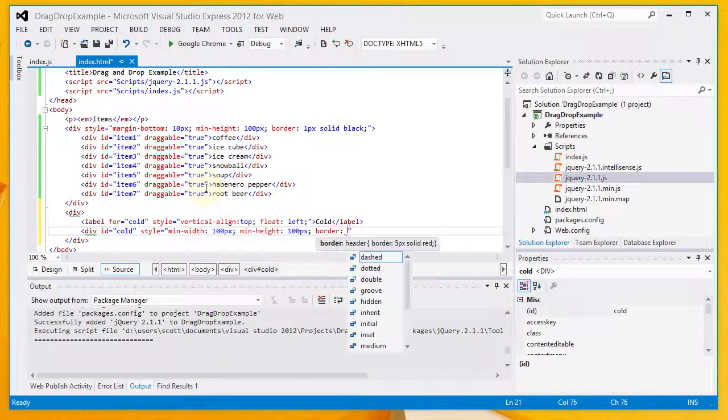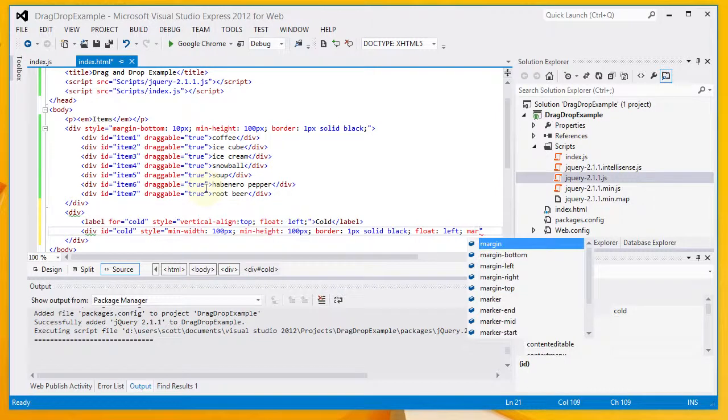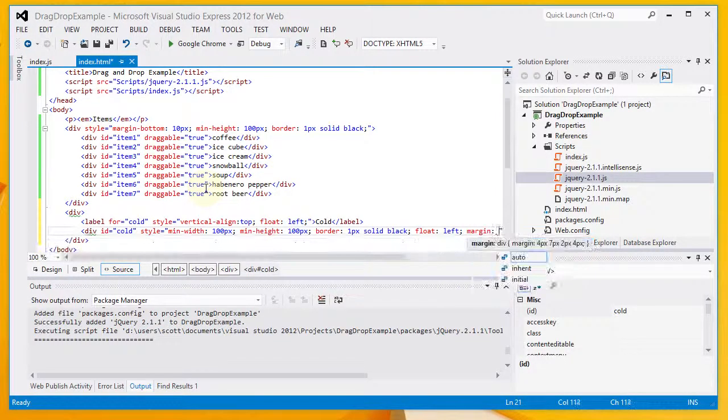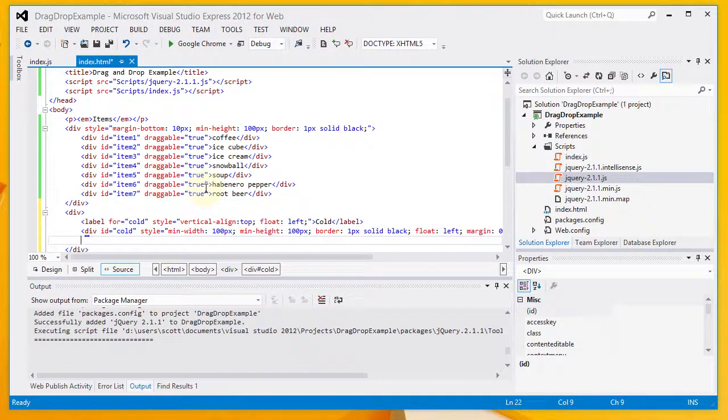And I'm going to give it that same 1 pixel solid black border that I gave my original div up there at the top. I'm going to float this left as well, although it will appear to the right of the label since it's defined afterwards. And finally, I'm going to put some left and right margins in this thing of 10 pixels. Alright, so that's all there is to that div. I'm going to save, and